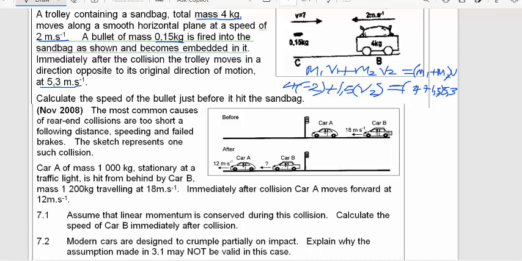This is what we are calculating. So what is 4 times negative 2? It's negative 8, right? So I can immediately transpose this to the other side, and then I have my 1.5